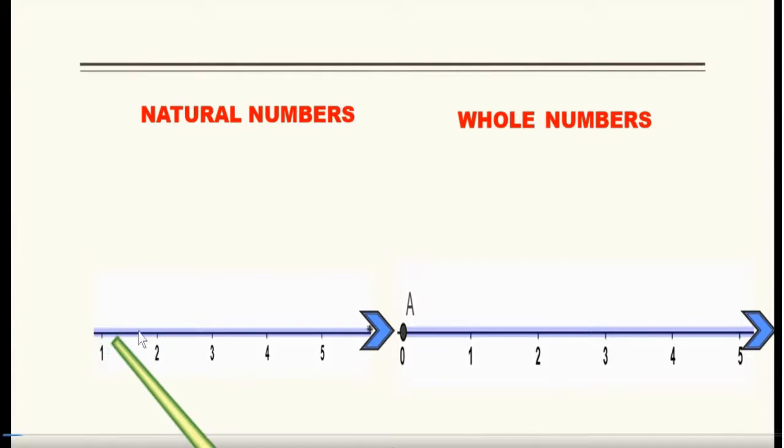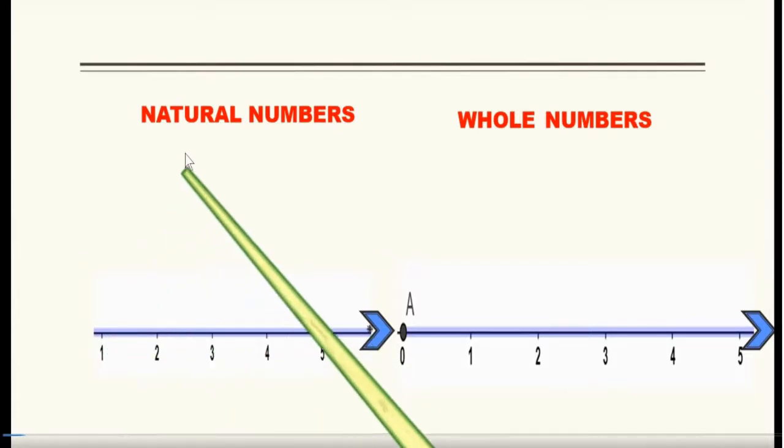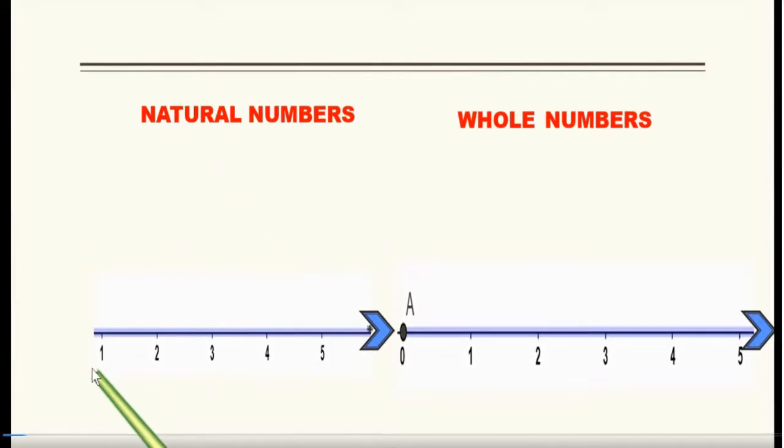Here in the first case, you can see a number line. It indicates the natural numbers. The natural numbers start from 1. They keep on increasing on the right side. Mind well, they don't increase randomly. They increase at regular intervals. The arrow indicates that they are extended up to infinity.